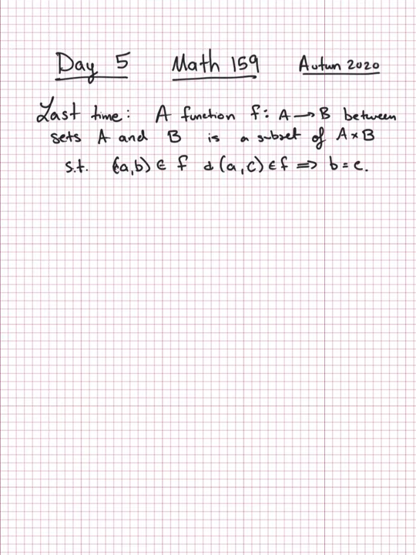Okay, so we think of an element in f as the point (a, f(a)). Right, so a is in A, and f(a) is in B, and this tells you where the function